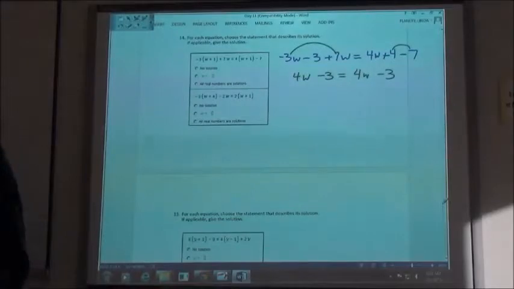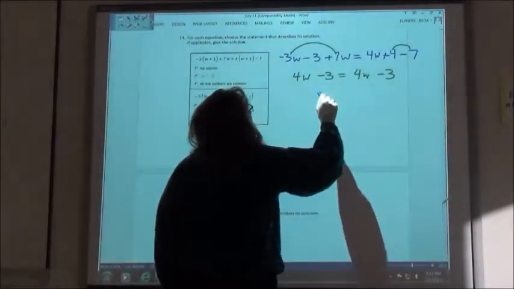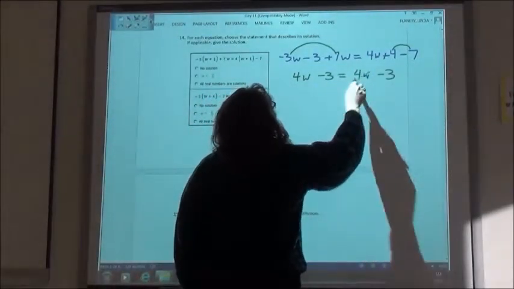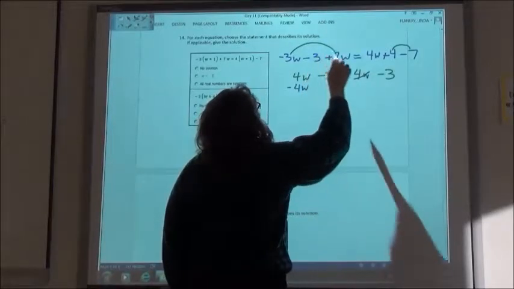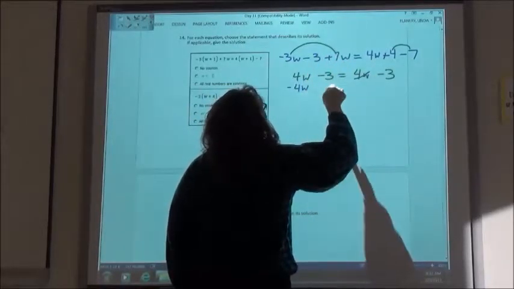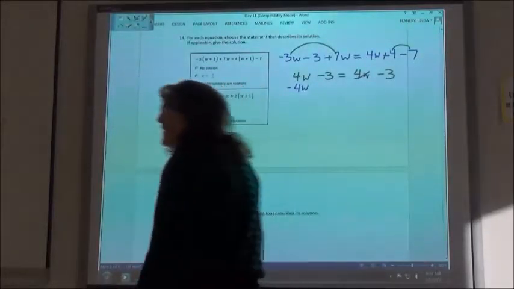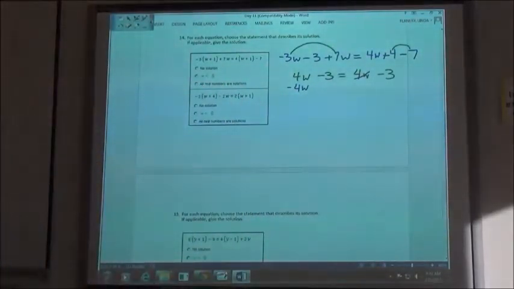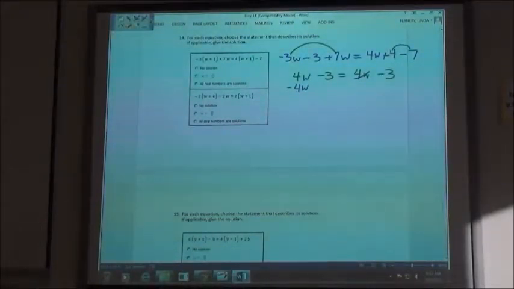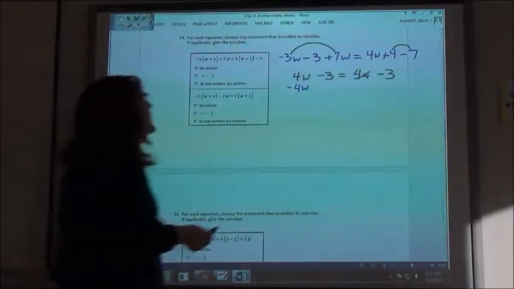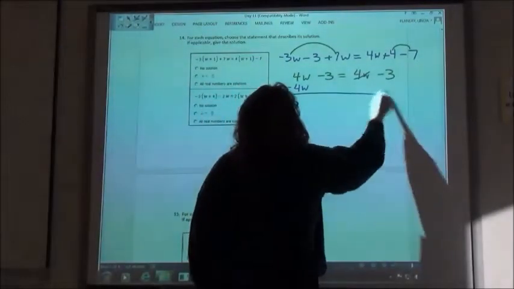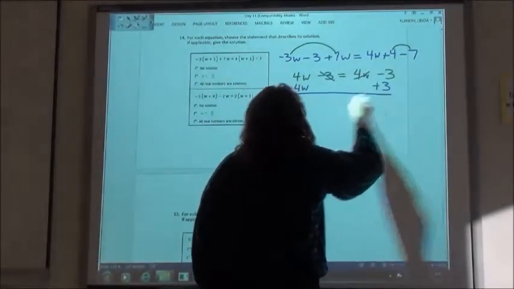Then I bring my minus 3 to 3. Positive, negative 4W goes over to the right. So that's going to be negative 16W. No, negative 4 times 4. Are you timesing? No, you're not. We're adding and subtracting when we move those over. So it's going to be 0W equals